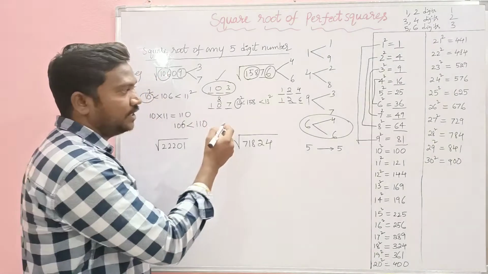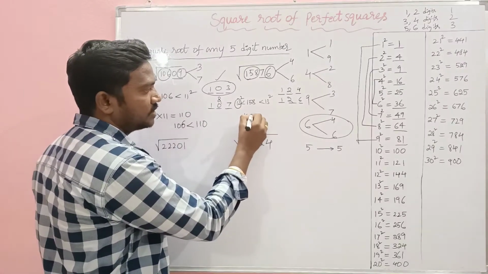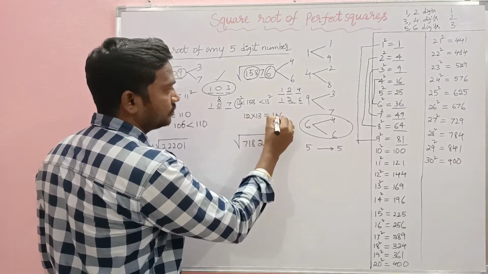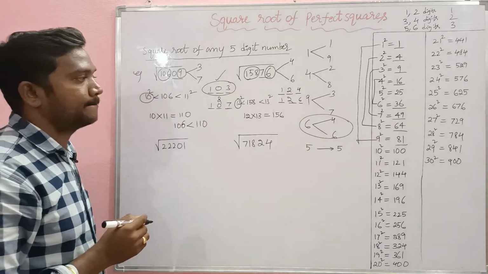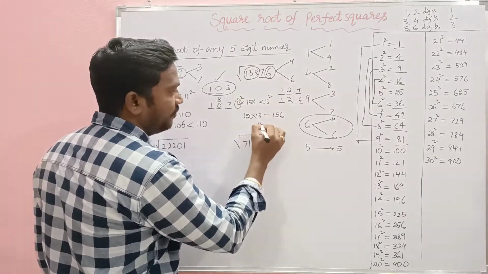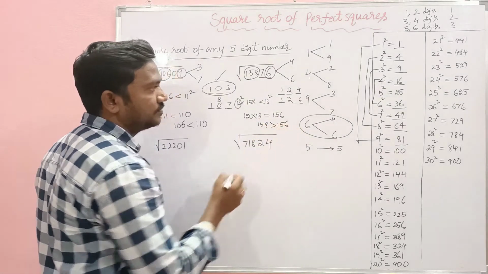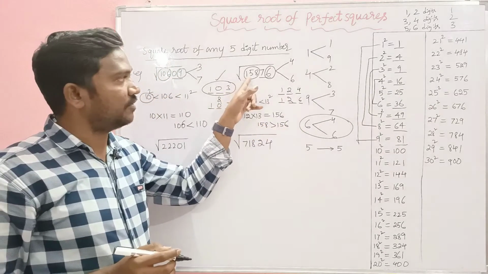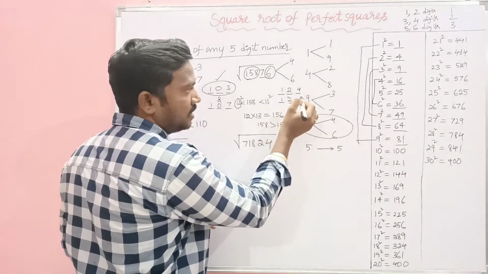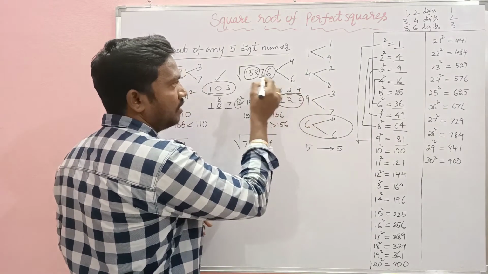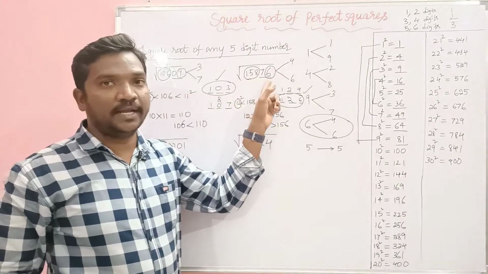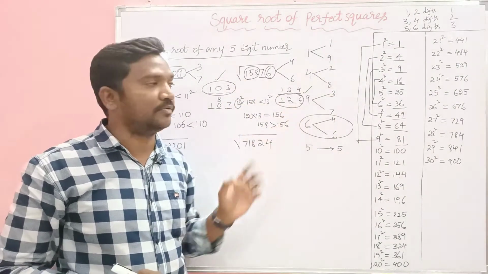Now see here, multiply 12 by its consecutive number. 12 13s are 156. Now compare these two. 158 is greater than 156. Here the quotient 158 is greater than 156. So we have to take the larger number. So our final answer is 126. So the square root of 15,876 is nothing but 126.